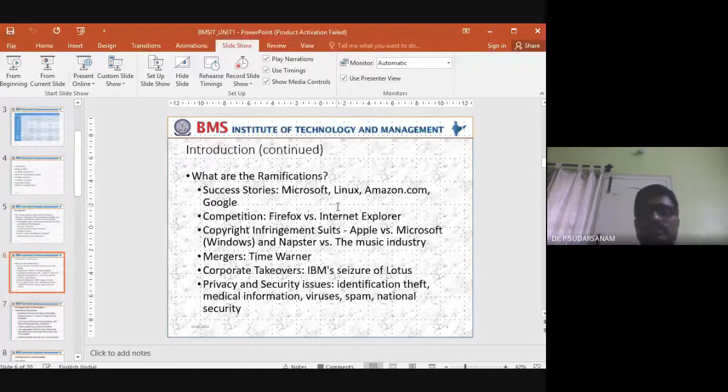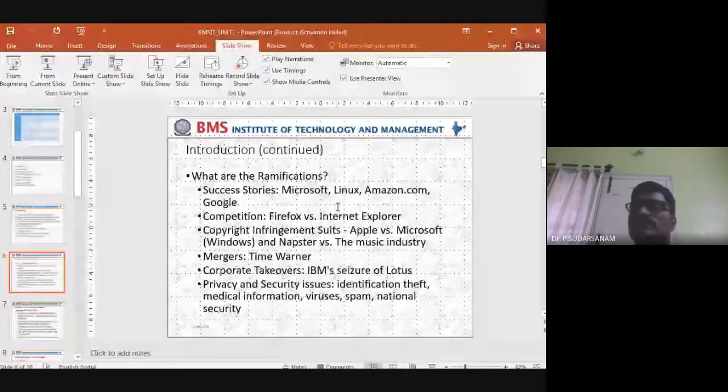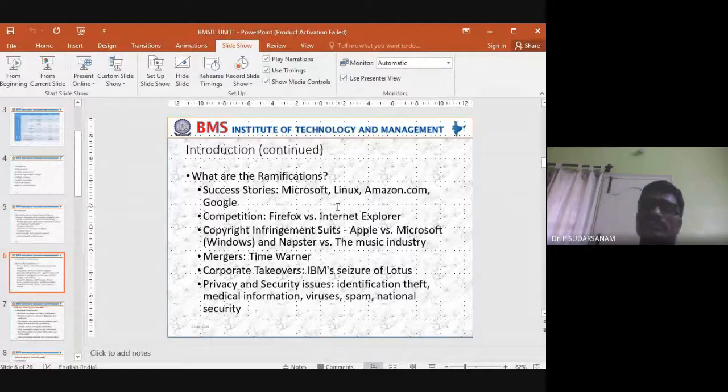Identity theft is also a concern. In this case, privacy and security. For example, if you buy one item online, somebody should be there to take care of delivery to the customer. Otherwise, the customer will be the loser, and from next time onwards nobody will do online business. Even if you go to a shop, they put all the items together into a box and give it to us. We believe they should maintain that.